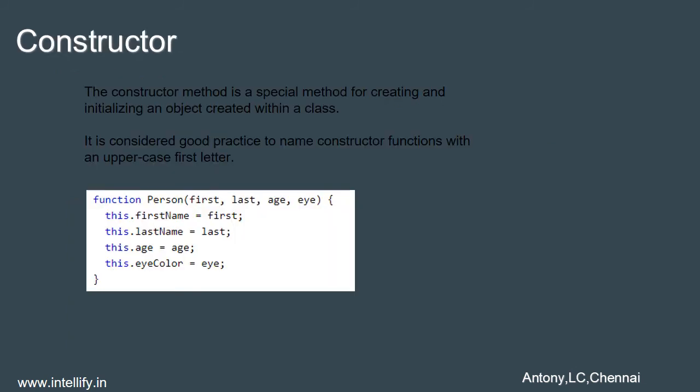So next, the constructor. So what is a constructor in JavaScript? A constructor is a function that creates an instance of the class, which is typically called an object. In JavaScript, a constructor gets called when you declare an object using the new keyword. What is the new keyword? We will see in the next slide. The purpose of a constructor is to create an object and set values if there are any object properties present.